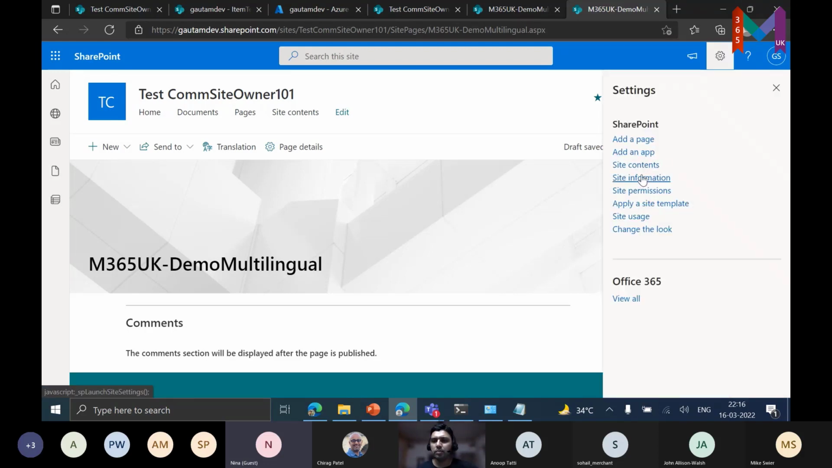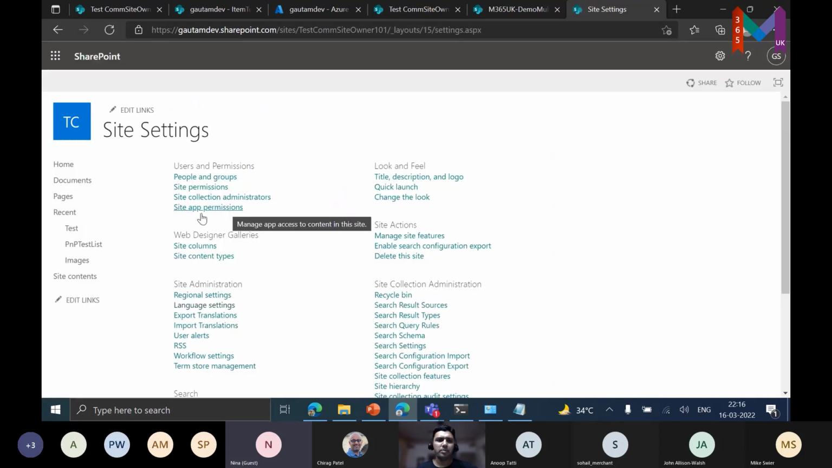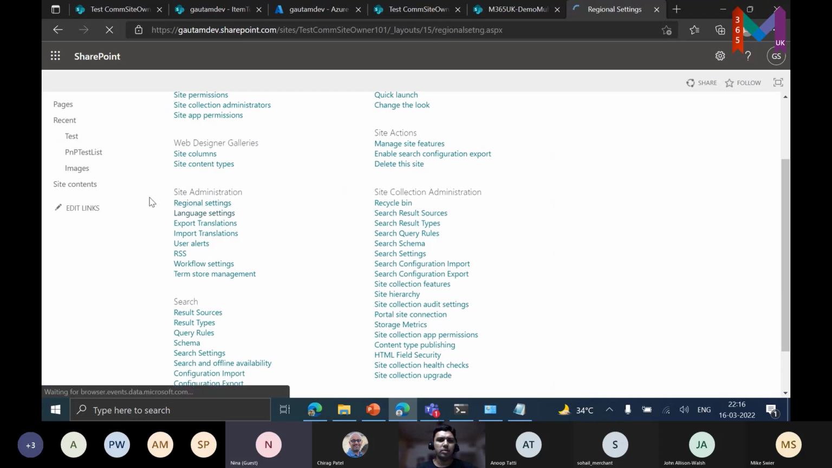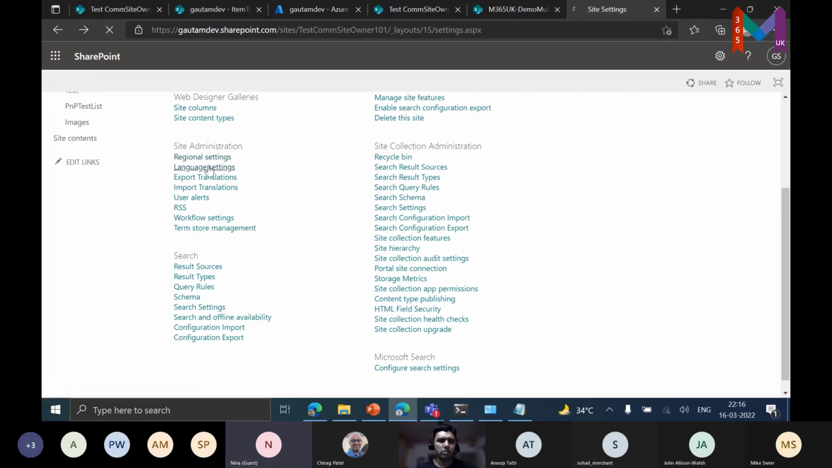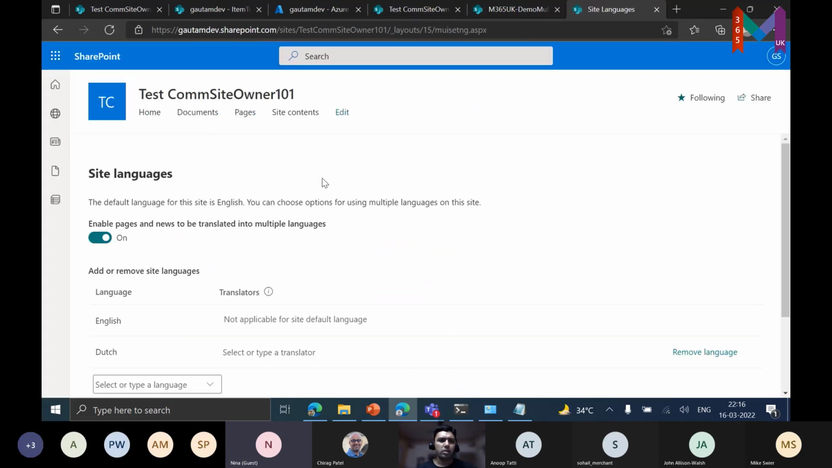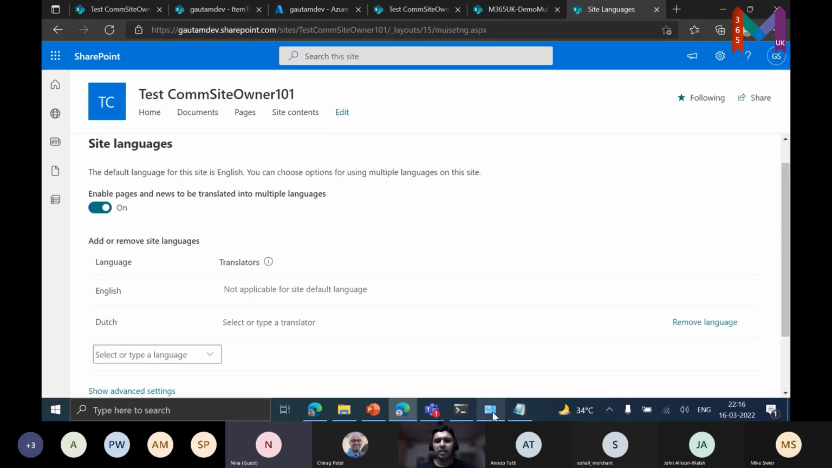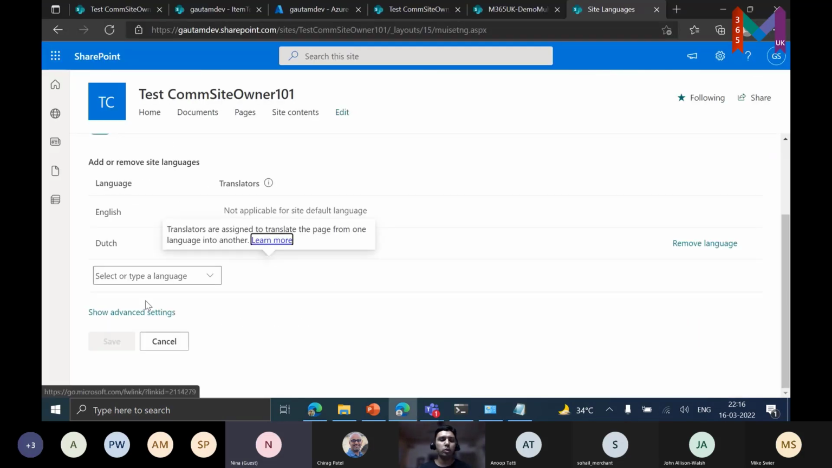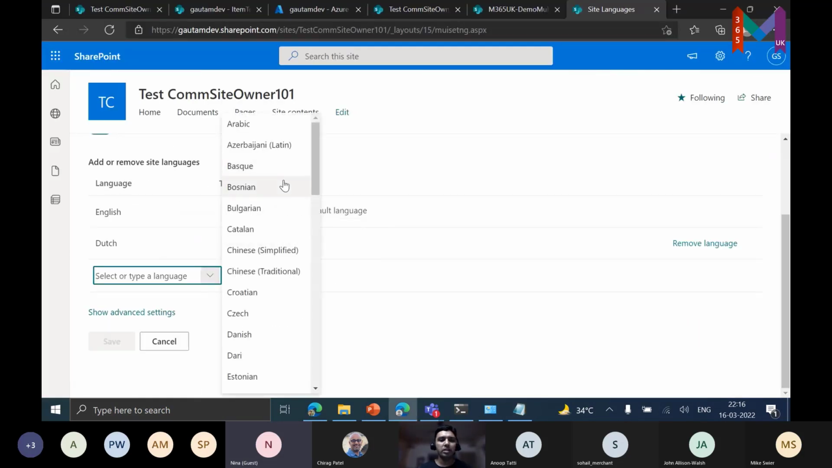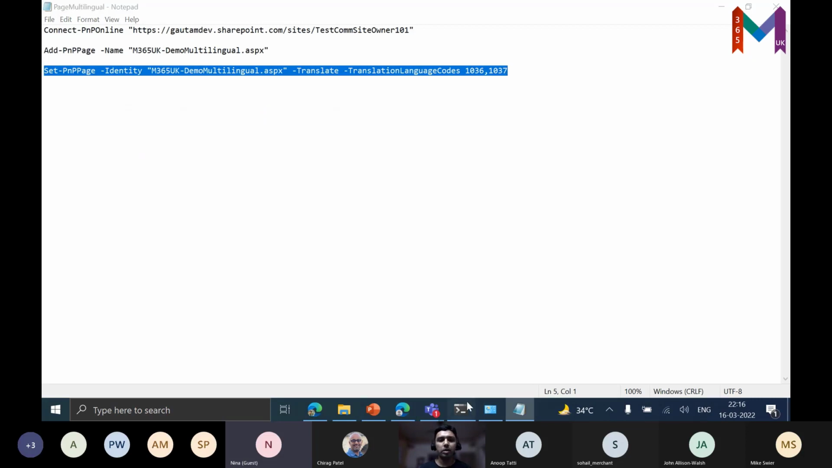So let's go to the regional settings, this one, language settings. Sorry. So right now it is just English and Dutch which is supported. But I want to create pages in two more. So what you usually used to have to do is select a language from here, save it, and that kind of stuff. But if you specify just the language codes here,